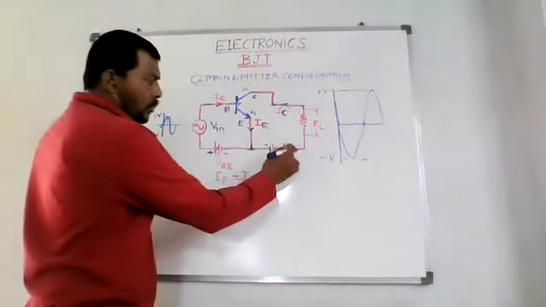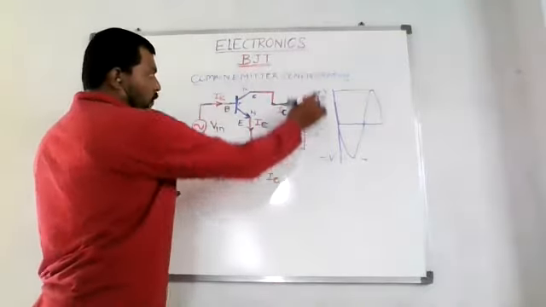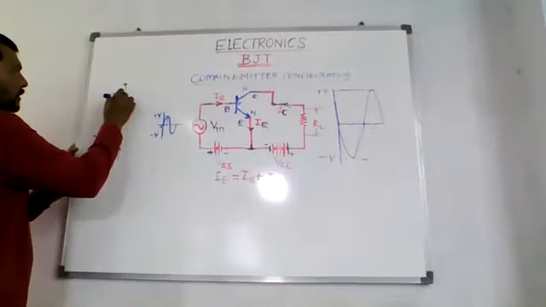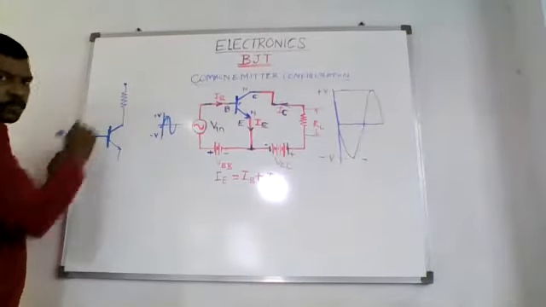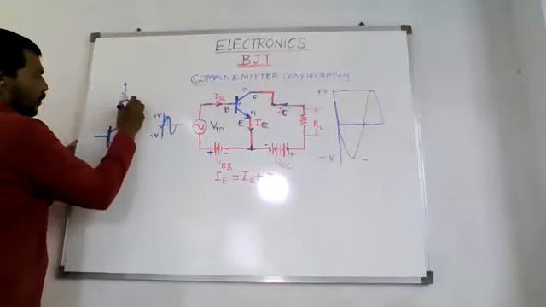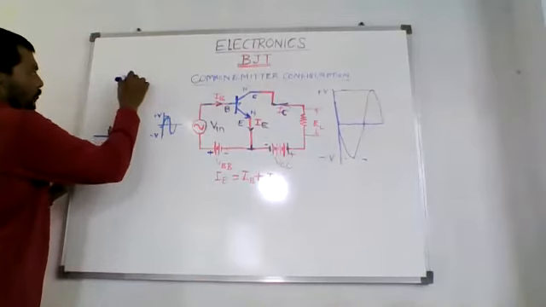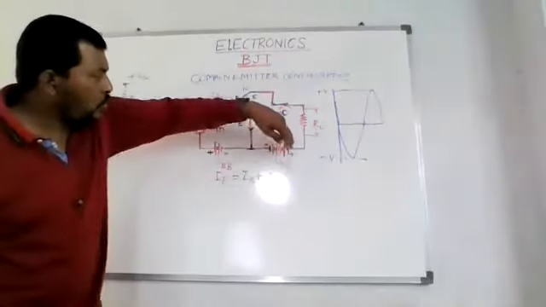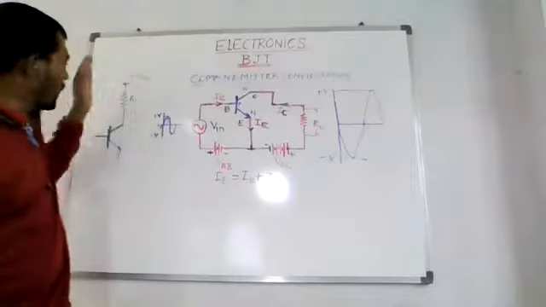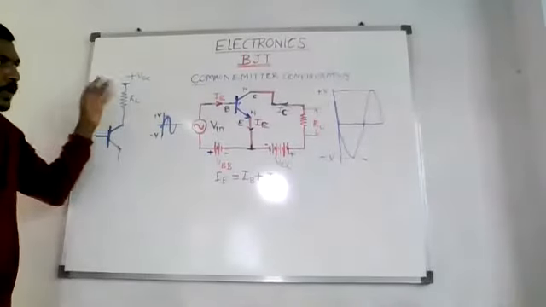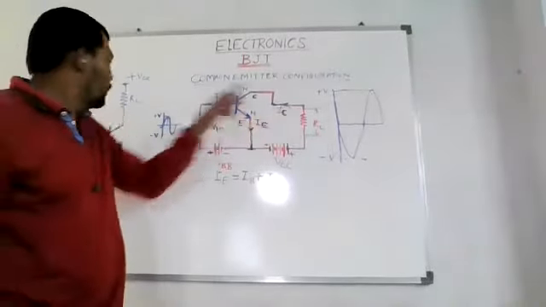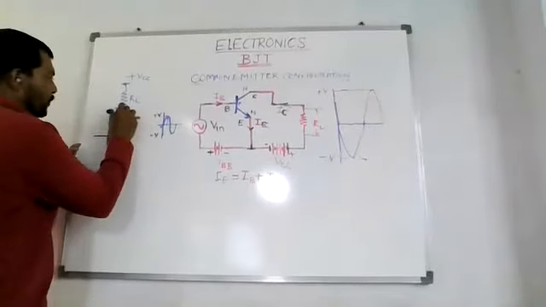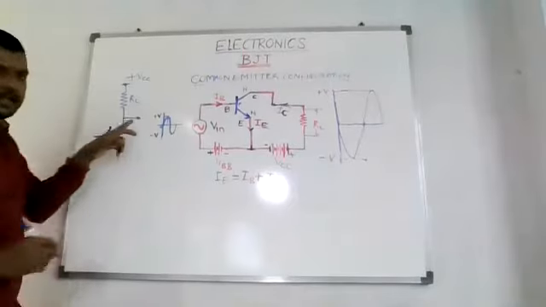Now what I will do, I will open this. So I will move this positive terminal towards this. So what I will get is just like this. This is the load resistance, that is RL over here, and this is the positive VCC which I have connected over here. So the positive terminal, I have just opened this and taken it like this. So I have this type of circuit. Now the output is taken from this point, from this collector. So the output is taken from here, like this.